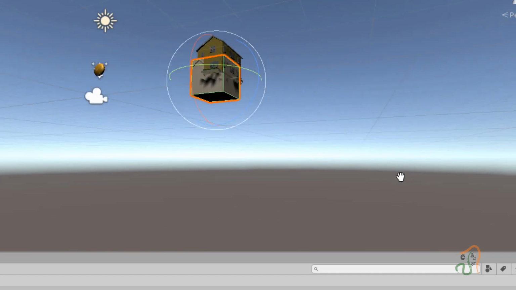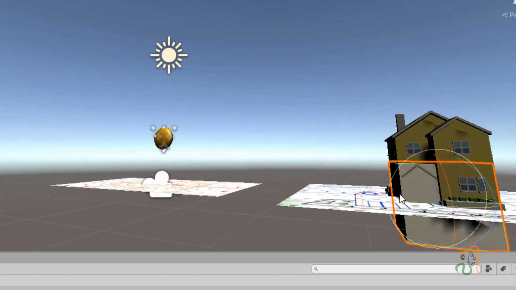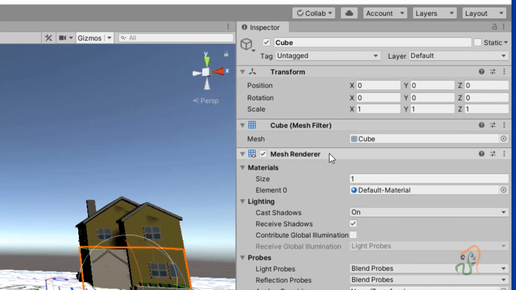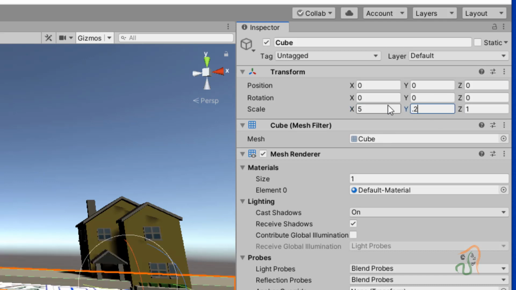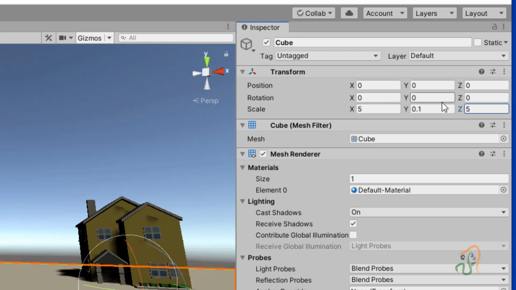With this cube selected, let us scale the cube along the x-axis to 5, along the y-axis to around 0.2 or even 0.1, and along the z-axis again scale it by 5.